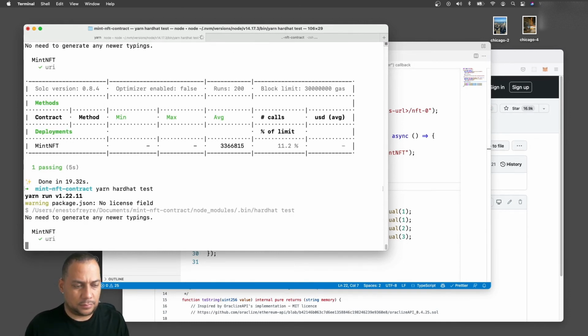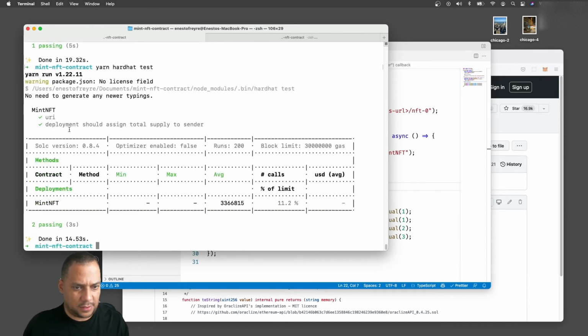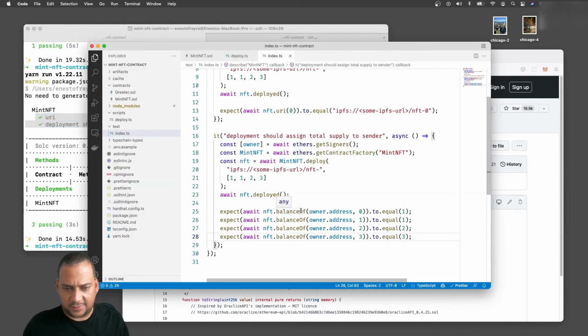And we have 2 tests that are passing. So that means that the balance is correct. So we are deploying the right contract and with the right quantities. Now, let me check this balance of function. I know this is an ERC 1155, that means that we probably have functions to do batch operations.